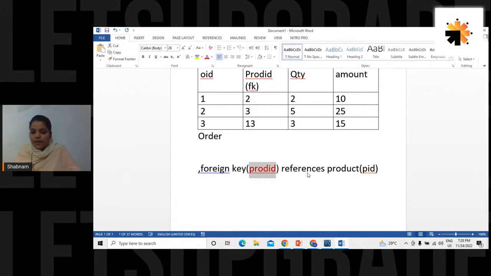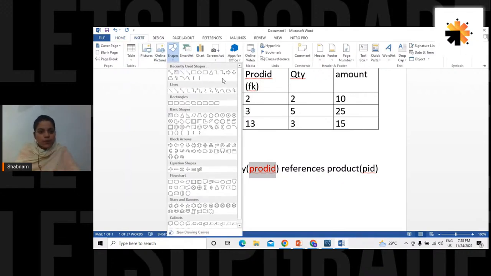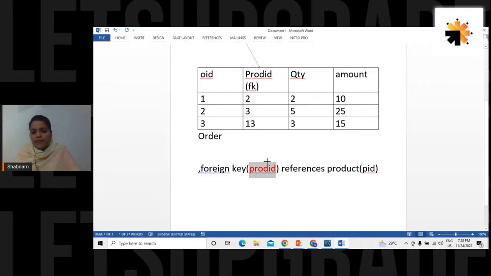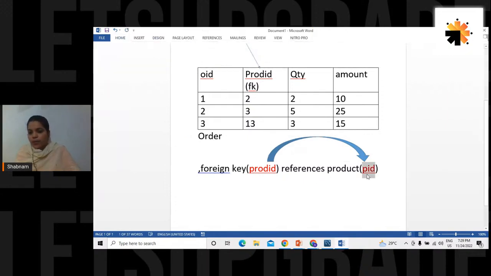This column, product ID, is a reference given to the PID column of the product table. Table name outside the bracket, column name to refer and link inside the bracket.